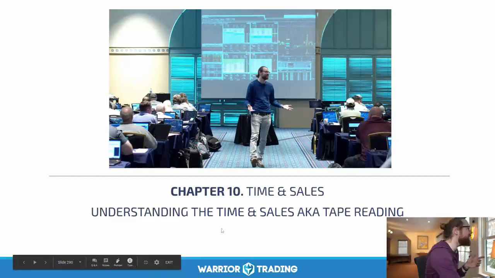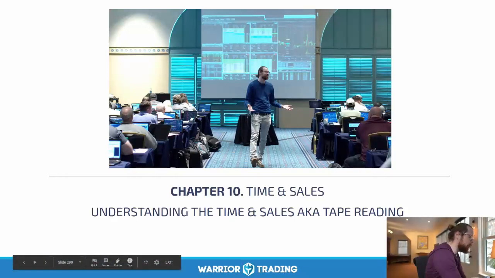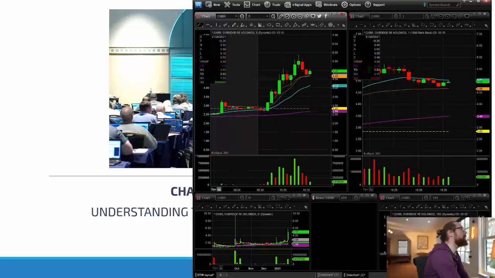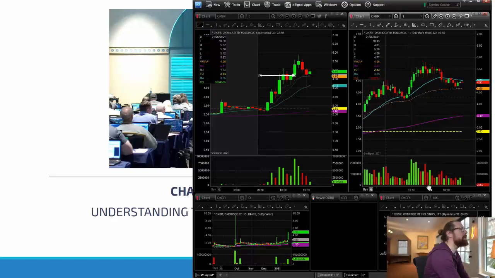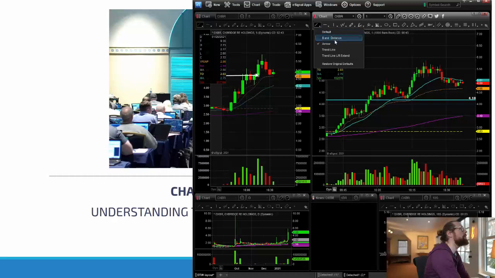Now, reading Level 2, also, as I said yesterday, although it's not a requirement to be a successful trader, my last trade on OXBR here, just for instance, I bought for the first 5-minute candle to make a new high right here. So the entry was around 470 or something like that. The high of that candle was 480, and I got in just a little early to anticipate it, with a stop at the low. So our 5-minute chart on the left shows a nice clean volume profile ramping up, bull flag, first 5-minute candle to make a new high, and actually the probably nice entry on this was right around